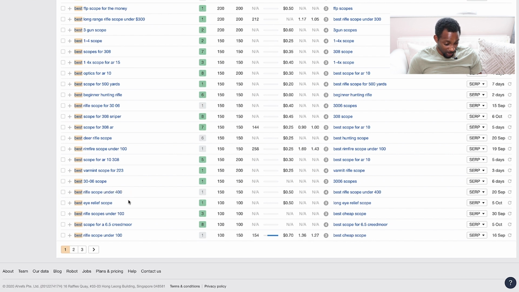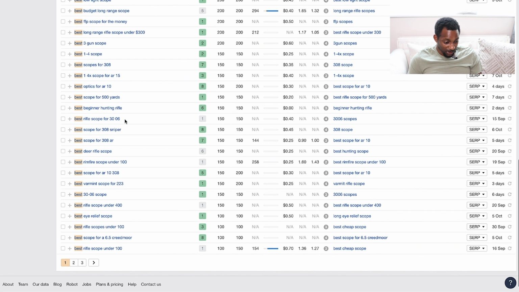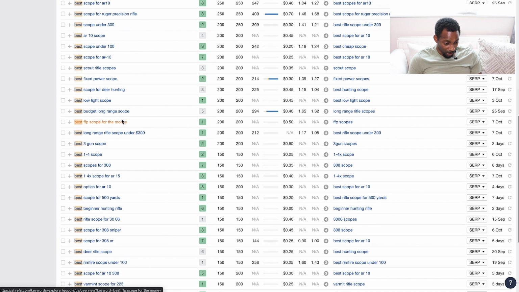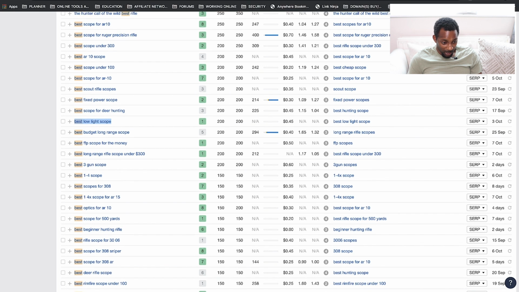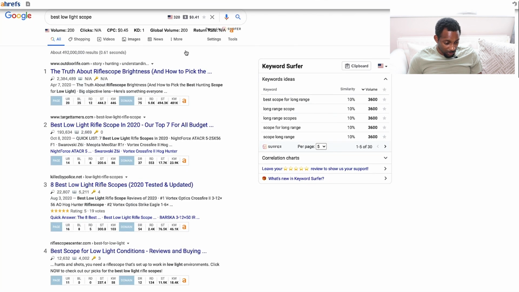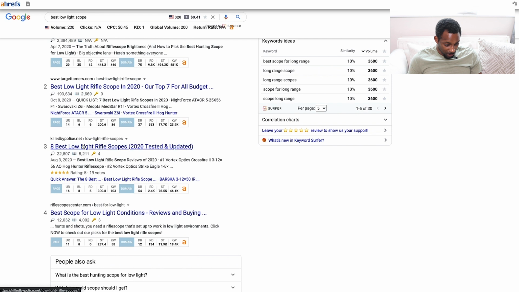All right, and I'm just going to take another example here. So this was specifically about scopes and whatever else. Let's just find, look, best low light scope. So that one might be a little bit higher competition. We'll check it out. All right, so this one's got a little bit higher competition, but we've got this low